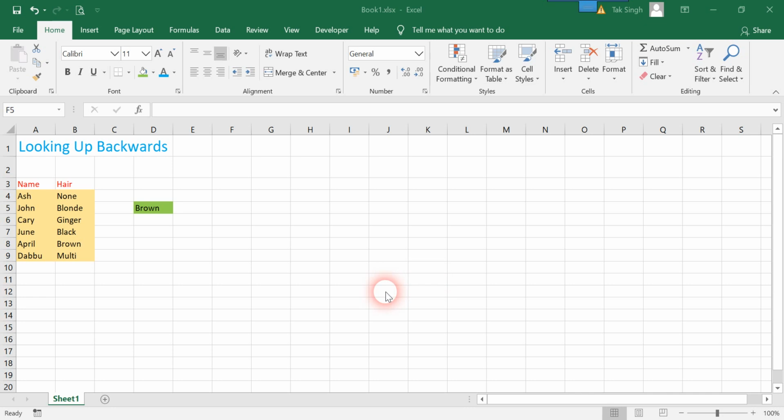So I will show you how to use the VLOOKUP function to look up backwards using another function, and that function is CHOOSE. So what I'm going to do over here is demonstrate the use of the CHOOSE function.